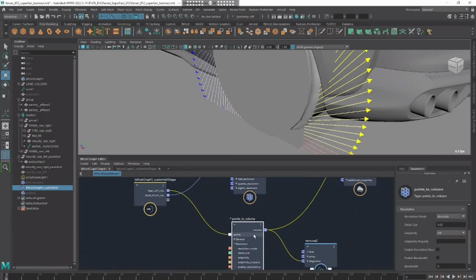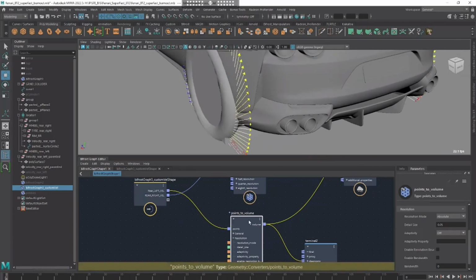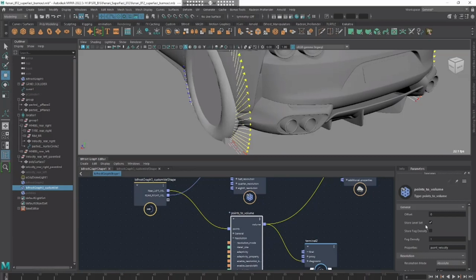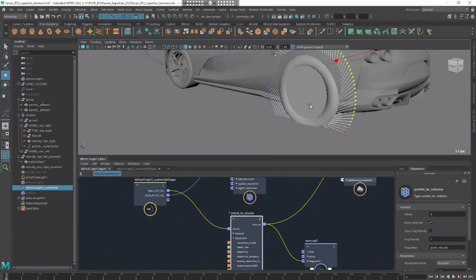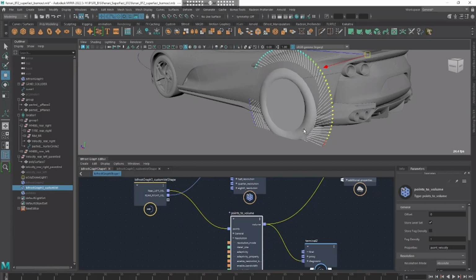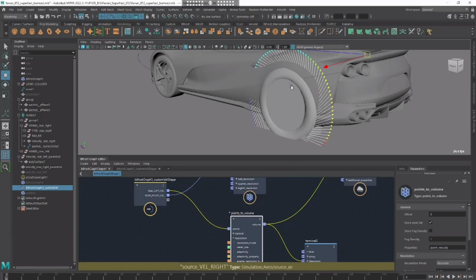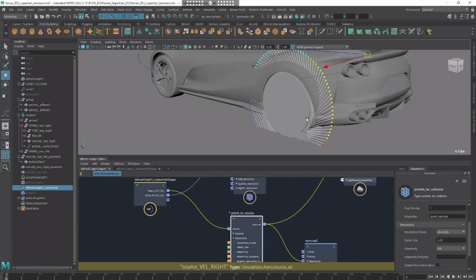Okay, as you can see here, there is a points to volume level set created for each point, and because there are many points here, it becomes something like an object, a torus. So this is okay. I prefer in this simulation to go to 0.2, but